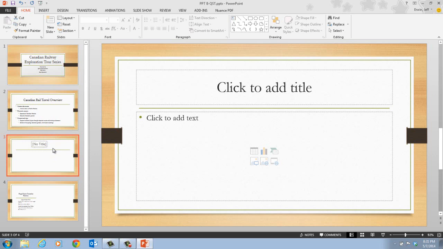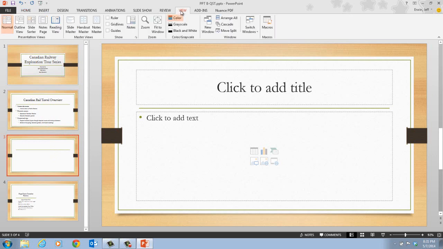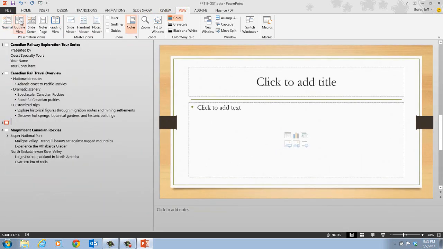Step 3 tells us that now we need to click on the View tab up here, which is on the ribbon, and then we need to click the Outline View button, and that is over here in the Presentation Views, on the left hand side. There's the Outline View, and when we click on that, we now notice that the text of the presentation appears